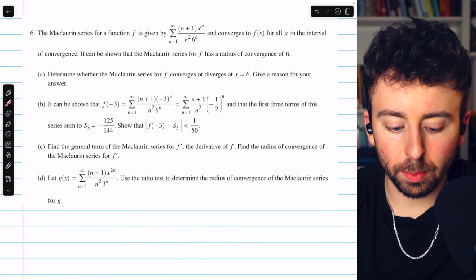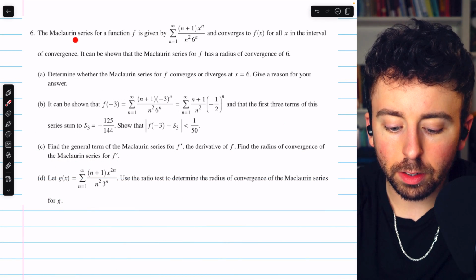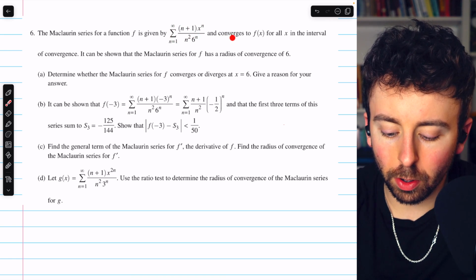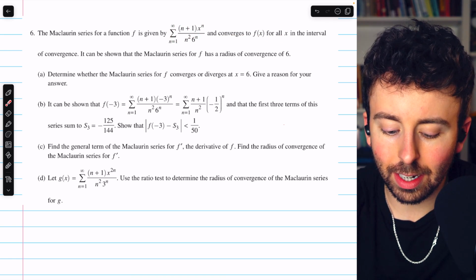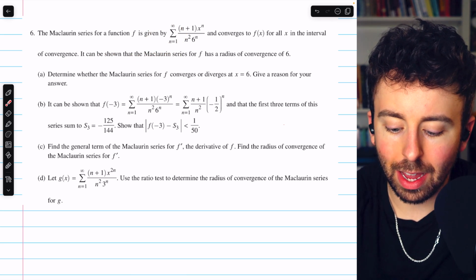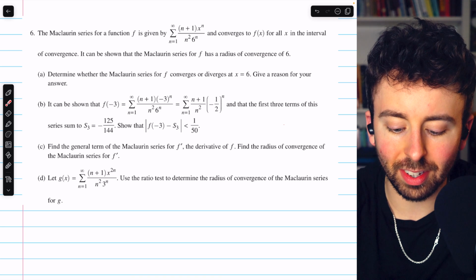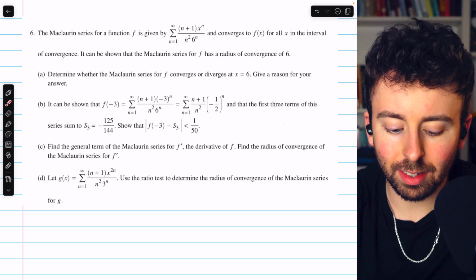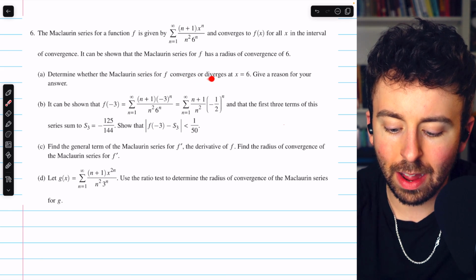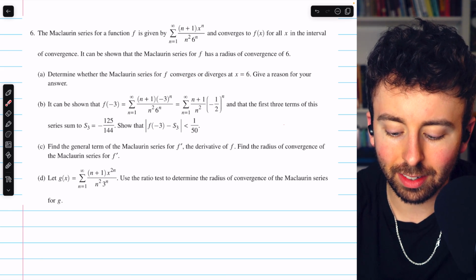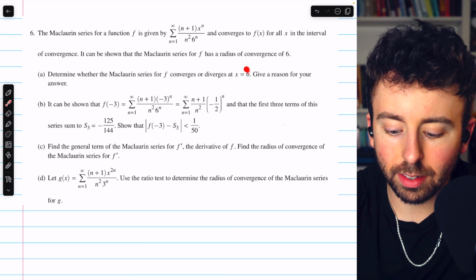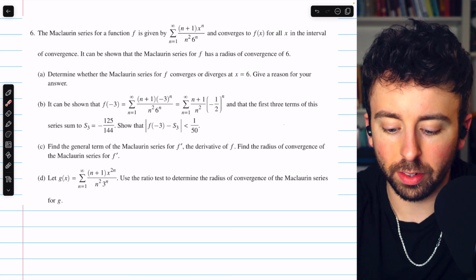And finally, problem 6. The Maclaurin series for a function f is given by this expression, and converges to f of x for all x in the interval of convergence. It can be shown that the Maclaurin series for f has a radius of convergence of 6. Part A says determine whether the Maclaurin series for f converges or diverges at x equals 6, and give a reason for our answer. So we know that the radius of convergence is 6, and of course the series is